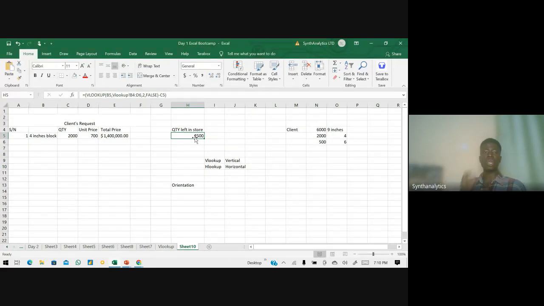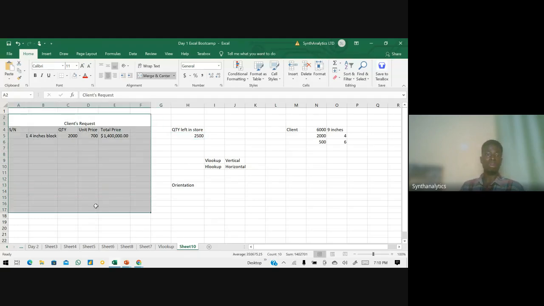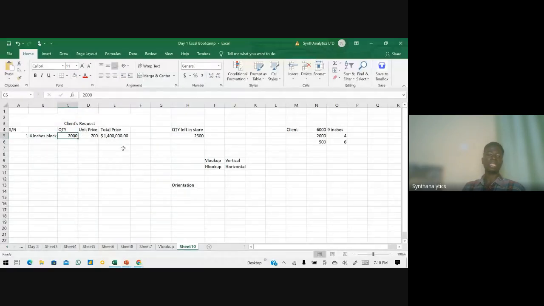It can be used to have a quick look at what is happening here, what is happening here. In fact, I remember there was a time I used this VLOOKUP in one of my classes with my students. What I did was I used this to create a receipt template for a business owner. It's not on this system, it's on my other system. I will have shared it before. Anything the person is buying from your store, you already have your inventory list. You just include what the person is buying, and every other thing will populate, and then you can print it out and send it to the client. And that is the receipt.